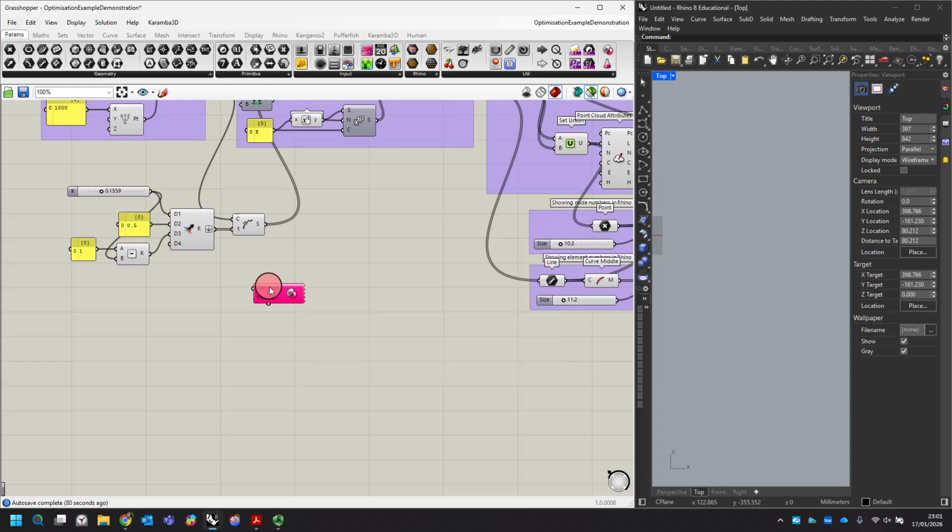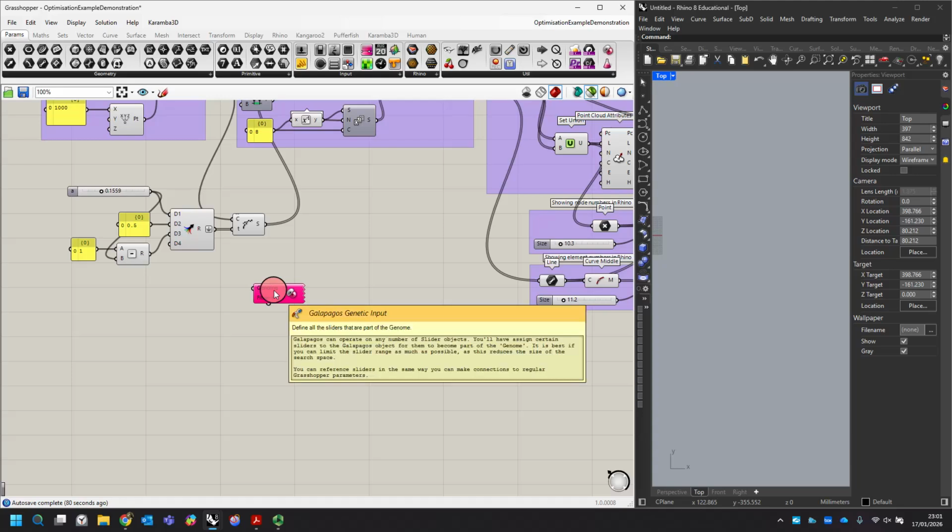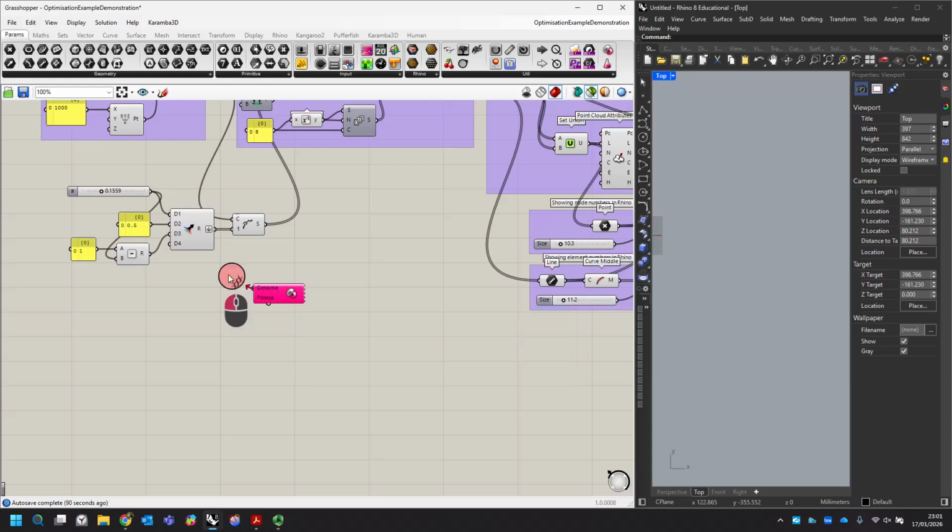So the genome evolutionary algorithm, I guess, should probably give away. This is going to be any set of sliders, basically, so a variable parameter you can feed in here. So I'm going to pull that over to our A, and you can see very faint, there's a red line